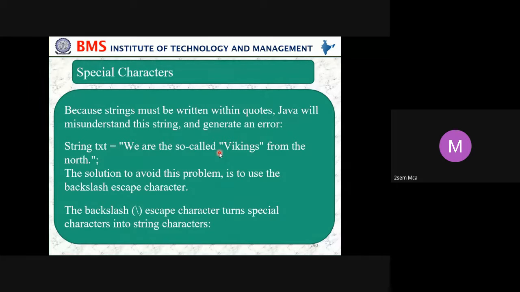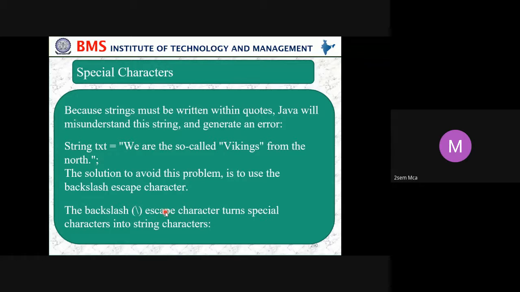In this case, you can see the word is used in double quotes, right? But this will be misunderstood by the compiler. We can understand that this is a complete string, but the compiler will misunderstand because we have represented it in double quotes. The solution to avoid this problem is to use backslash escape characters.